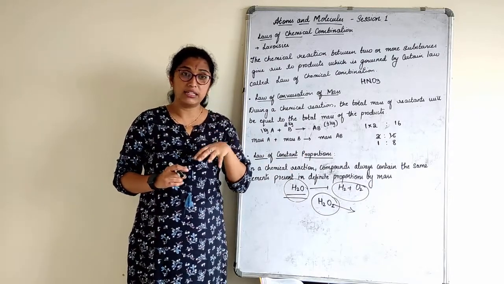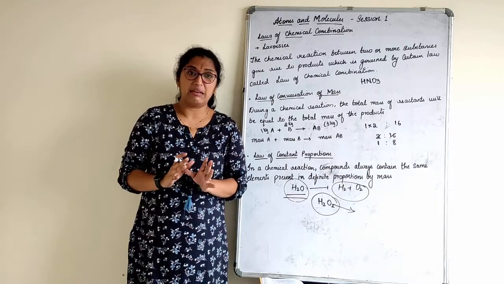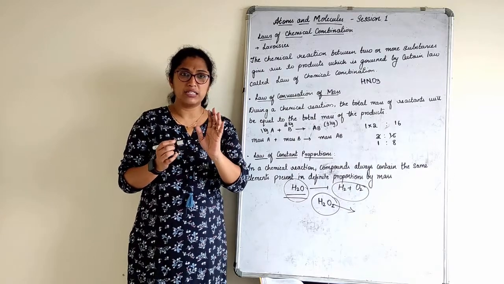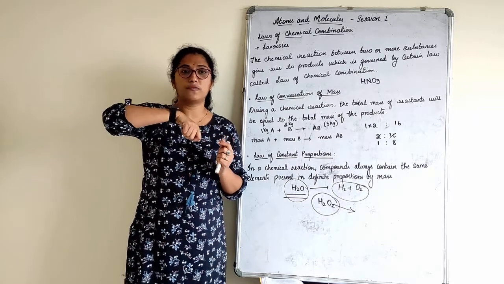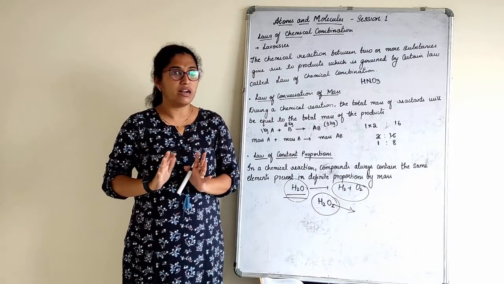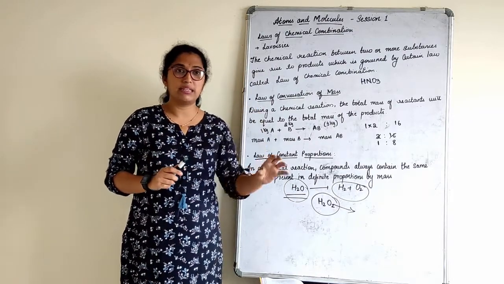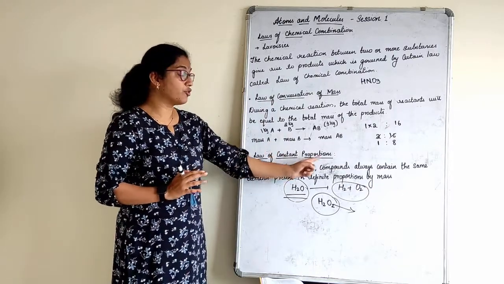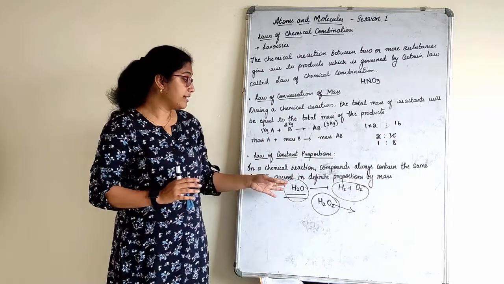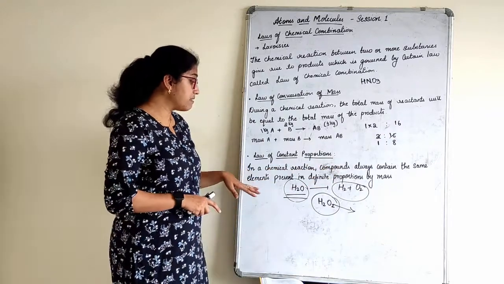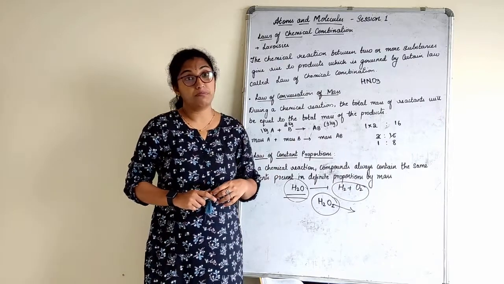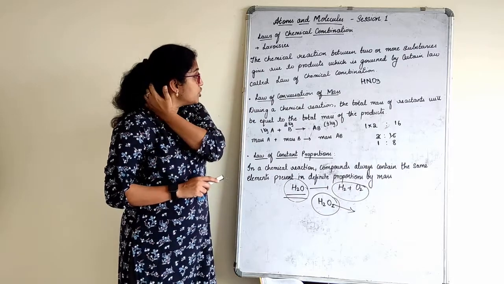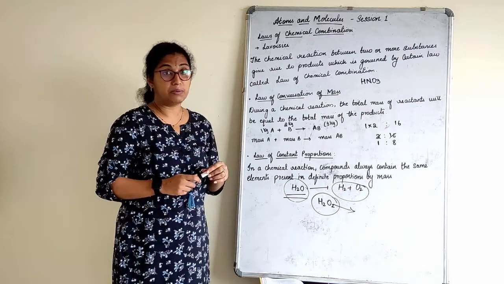Now lemonade, if you drink it anywhere, everybody is going to make the same type of lemonade only. Okay, a little bit of sugar here and there, but still the proportion is the same. Nobody will add 2 spoons of salt and 1 pinch of sugar. That is not called lemonade, right? The method, the formula, the recipe is the same. So that is how it is. It is the law of constant proportion. In a chemical reaction, compounds always contain the same elements present in a definite proportion by mass. Usually asked in definitions for 1 mark. Law of conservation of mass and law of constant proportion.